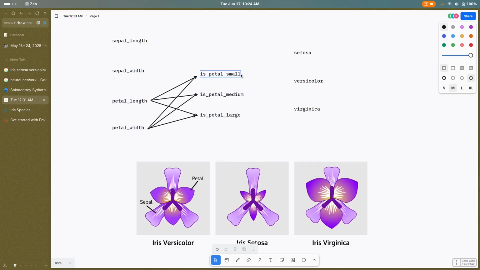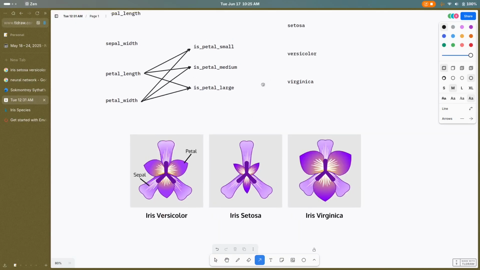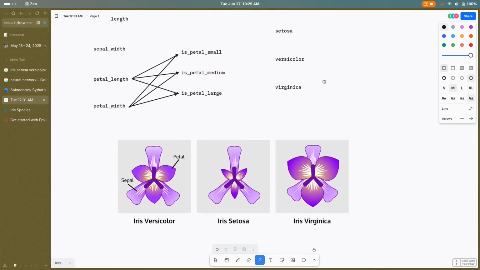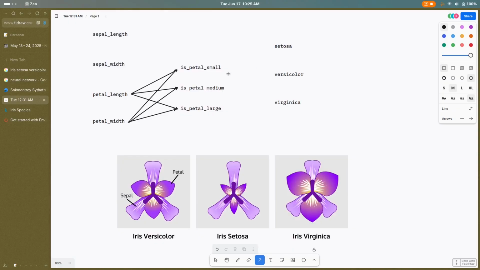Now, after we get this, we don't know whether it is gonna work. This is like a super simplified version of a neural network, and it doesn't really mean it's gonna be like this. But let's say, hypothetically, it can get all of these values for us. That means now we should be able to use them for all of these three flowers, right? So Setosa needs to be a small